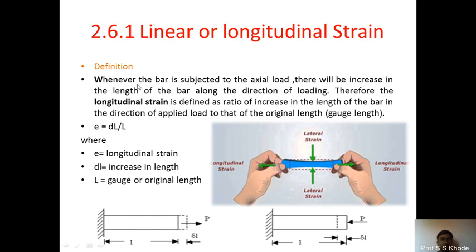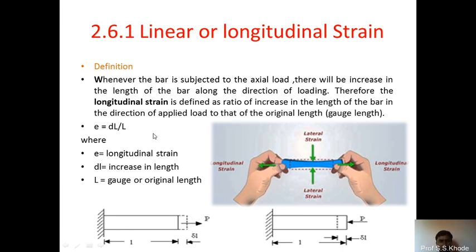Let's see the definition. Whenever the bar is subjected to an axial load, there will be an increase in the length of the bar along the direction of the loading. Therefore, longitudinal strain is defined as the ratio of the increase in the length of the bar in the direction of applied load to the original length. In simple terms, longitudinal, direct or linear strain is defined as the change in dimension in the direction